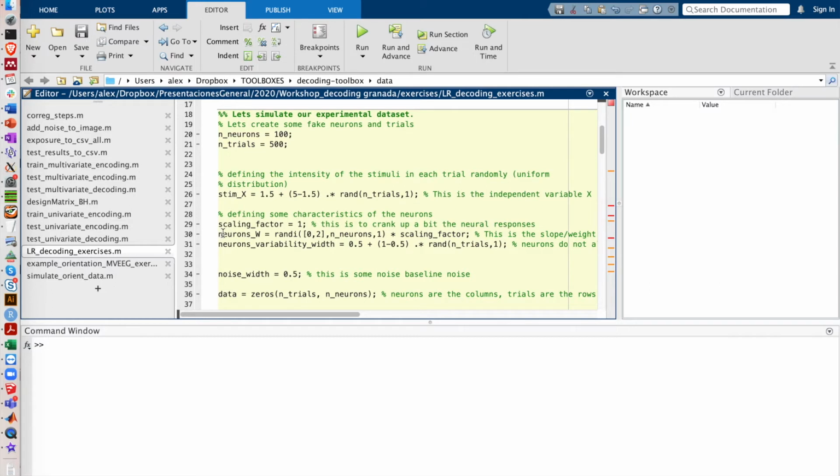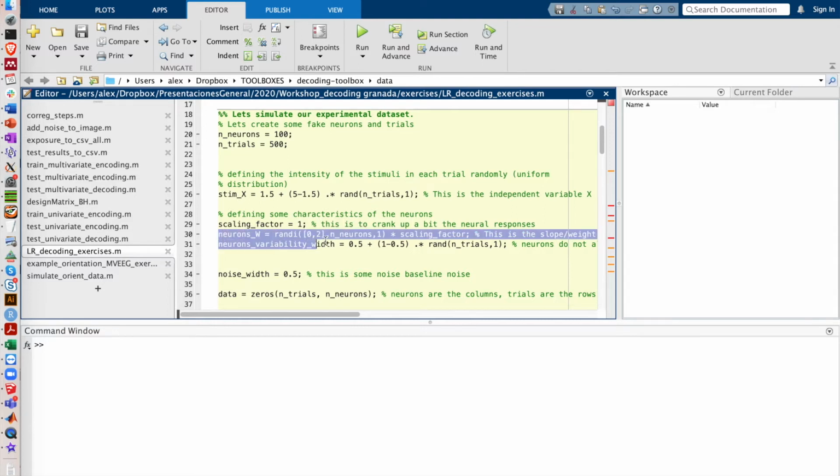These are the weights, or the tuning values, of the neurons, meaning how responsive each neuron is going to be to the stimulus presented. For some neurons the tuning will be 0, so they are not responding at all to the stimulus modulations, and others can have a value of 1 or 2 on average as they respond to the stimulus.